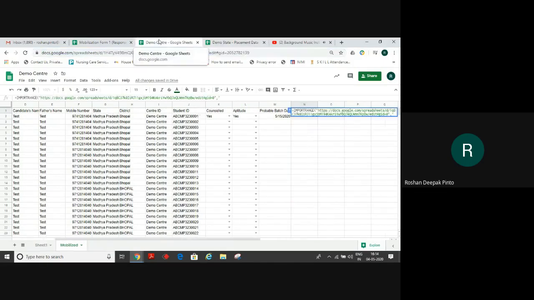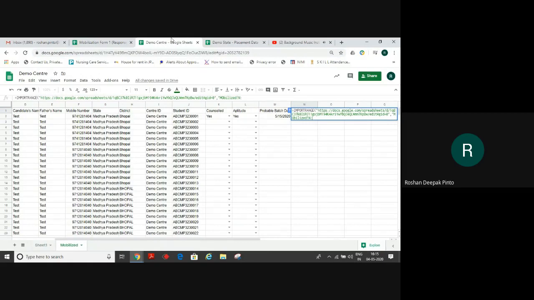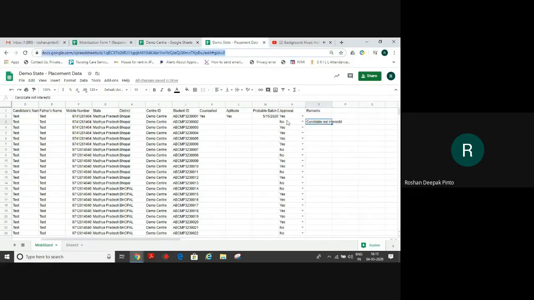So I will go back there and write mobilized exclamatory mark, and which are the columns here? N and O. So N to O, and close the bracket. Wait for some time. So the center team will come to know here whether the candidate has been approved or not.